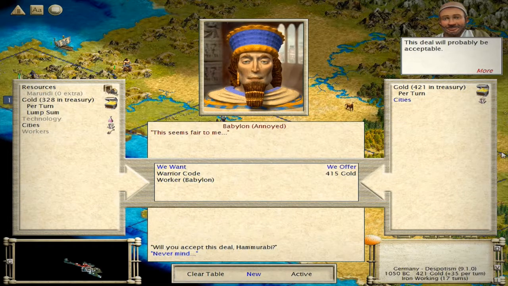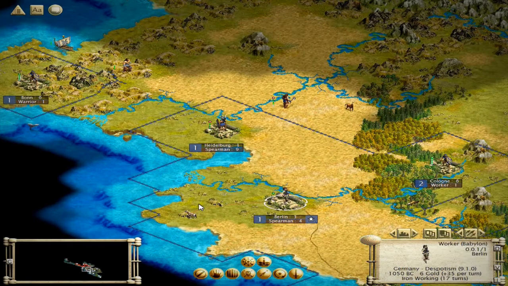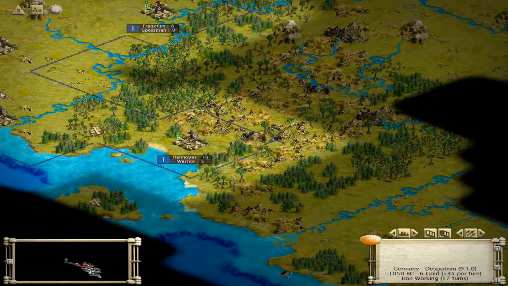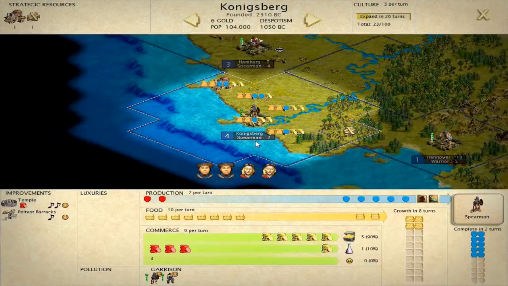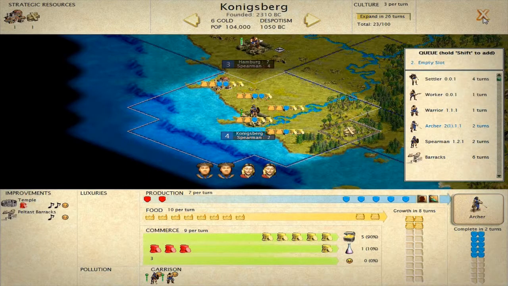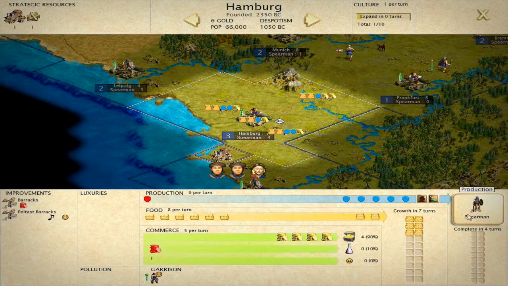415. See what we can. Let's do that. So we bought our tech. Alright, so let's do this with that guy. And we're going to change down here these guys to archers to portray a bit of power,